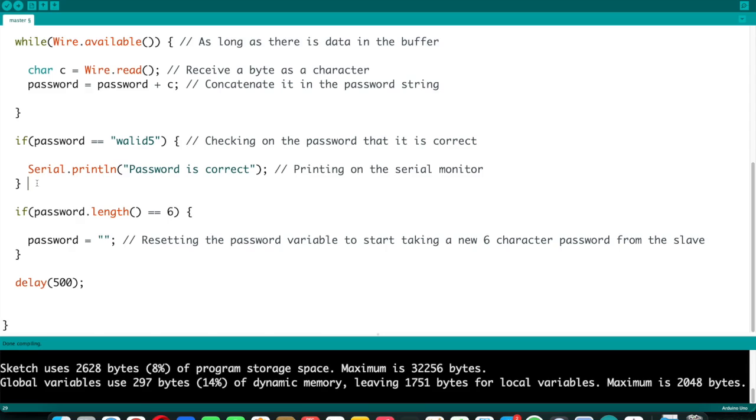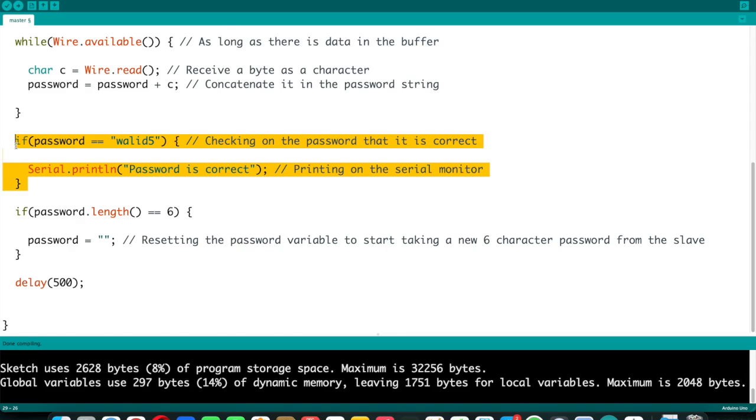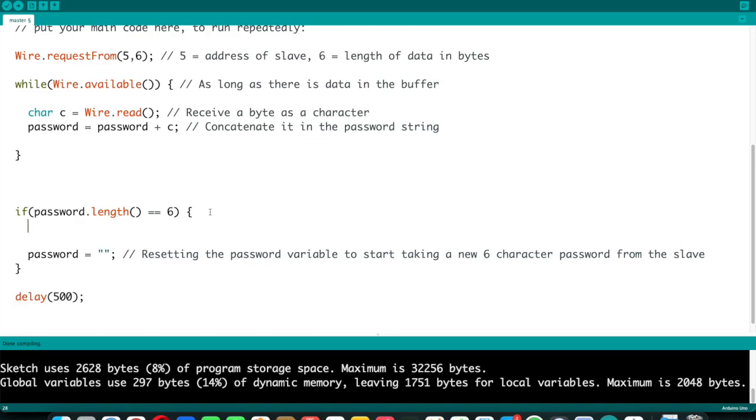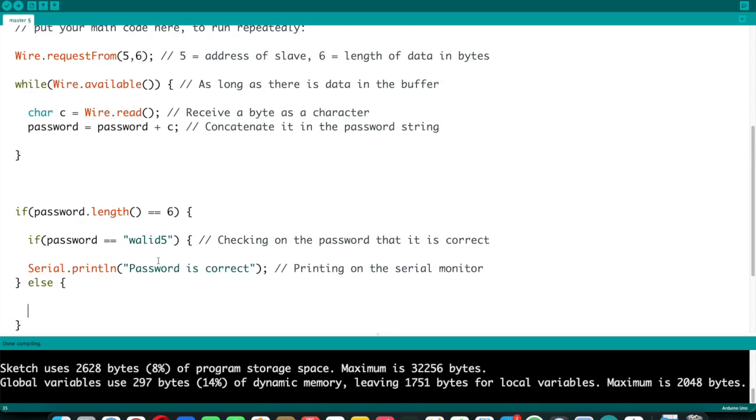If it is not equal to 6, I may wait, because actually the user may enter another character, which will make it up to 6. And at the same time, as long as the length is not equal to 6, I cannot print the password is incorrect. Here, I could have actually added a condition that if the password length is equal to 6, I could perform the password check. Okay, so actually I could have added this here. If it's equal to 6, I may do this, and else Serial.println